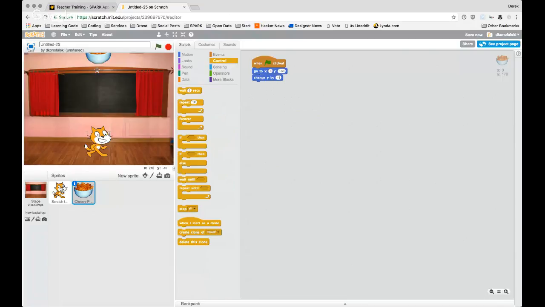Now, one of the things that you'll learn as you start going through not just Scratch, but any programming language, is that there's always more than one way to do something in code. There's multiple ways typically. There's never really a single right way. There's never really a single wrong way. You're going to find that you can constantly make things work in different ways. And so I'm not going to tell you which one of these to use